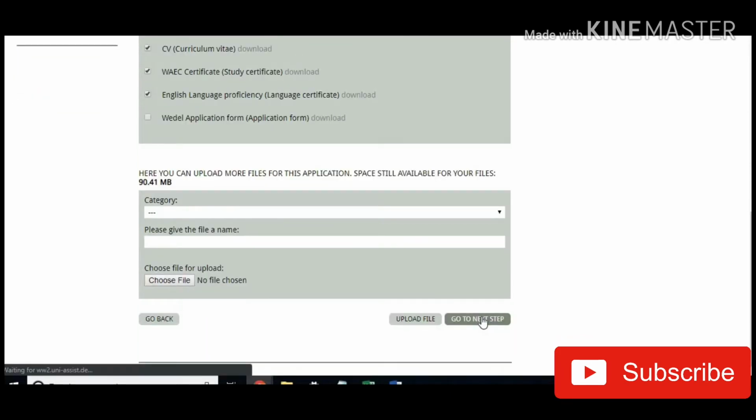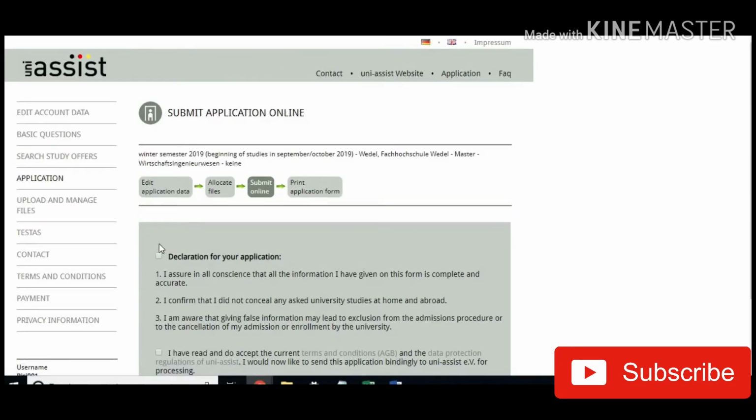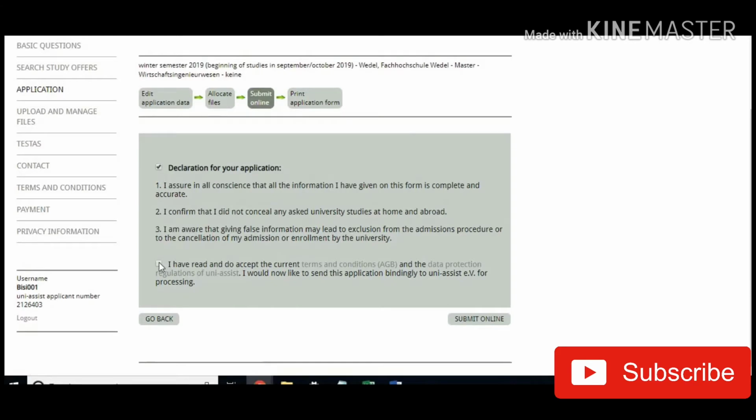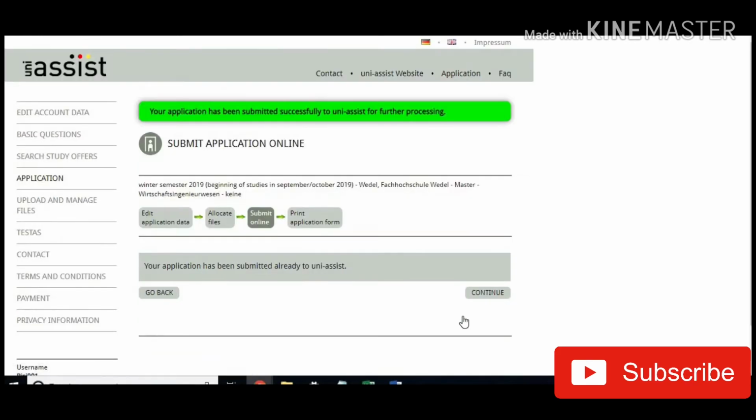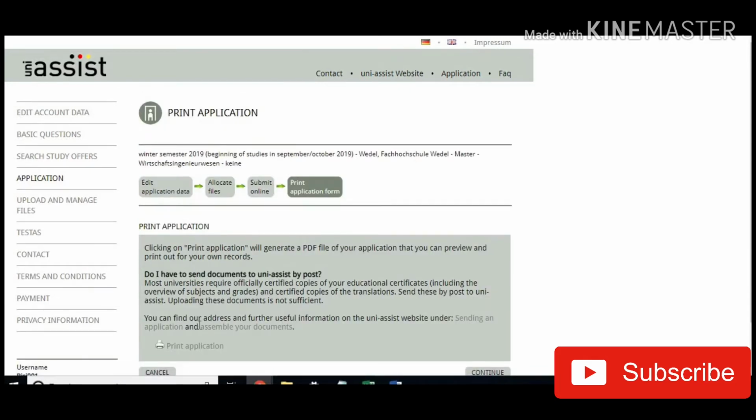Go to next step. Take your declaration. Submit online. Continue. Print the application form and then go back and upload it like we did in the previous video. And once you're done,